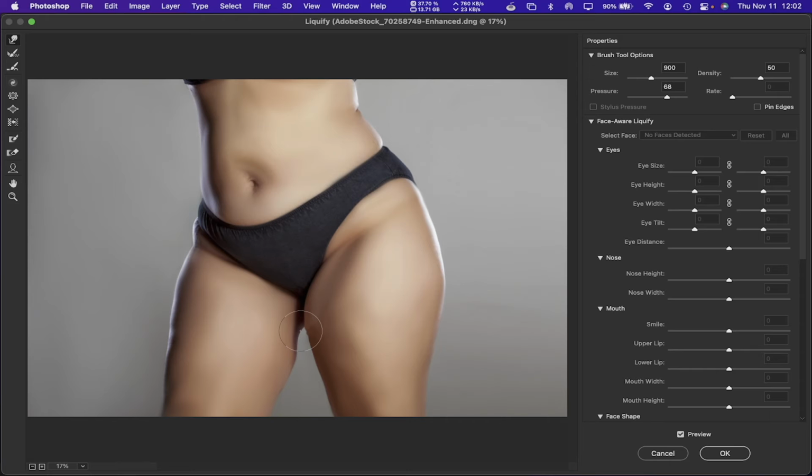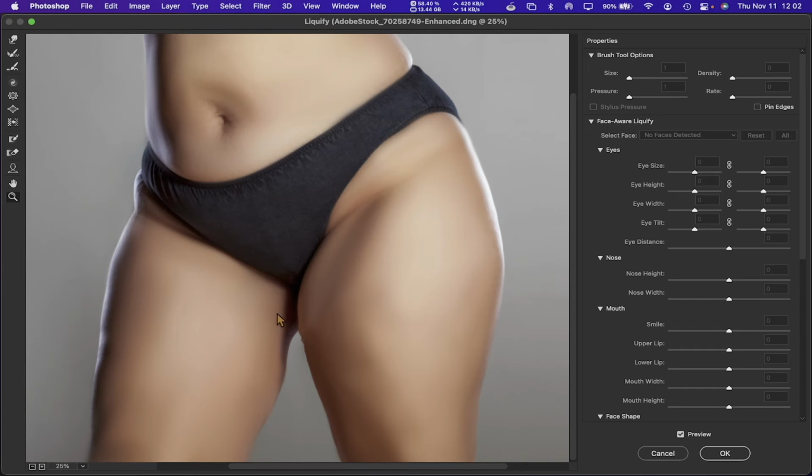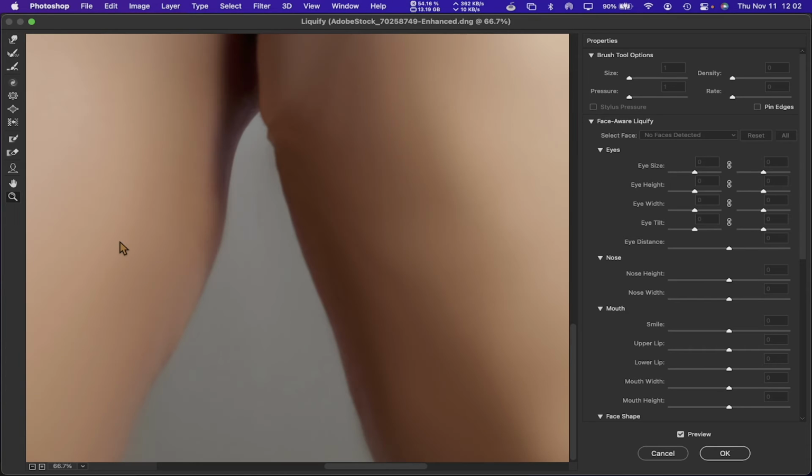And of course you can zoom in even further, you can get in really close and look at all the little details, and then bring your push tool down to a size that's appropriate for that little area. And then you can just push, pull,